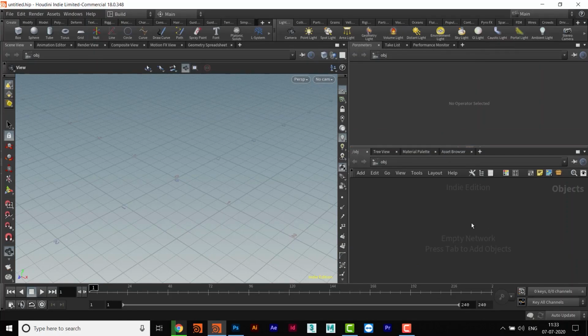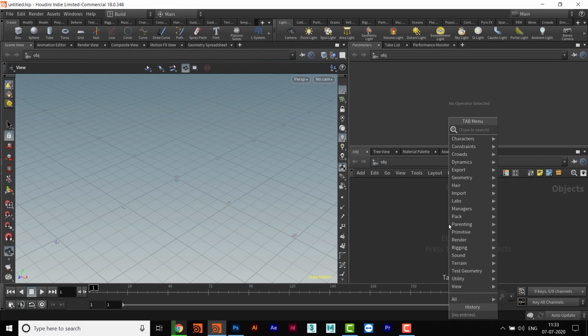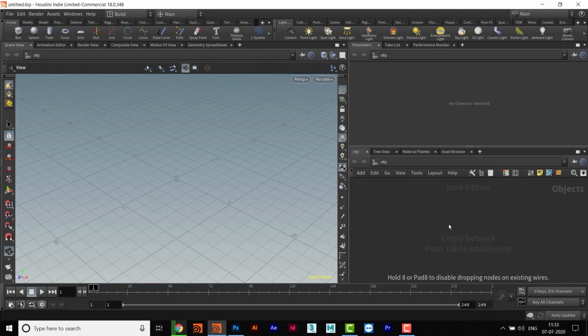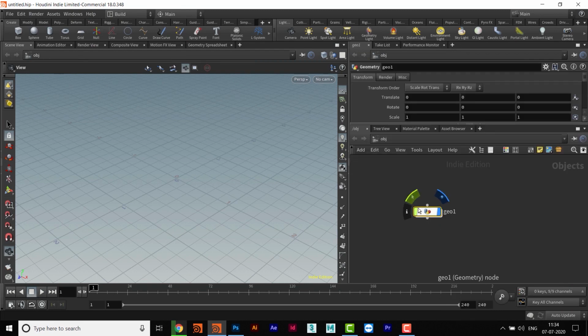Okay, so here we are in Houdini. First of all, we will take a geometry node, and we'll name it particle source.